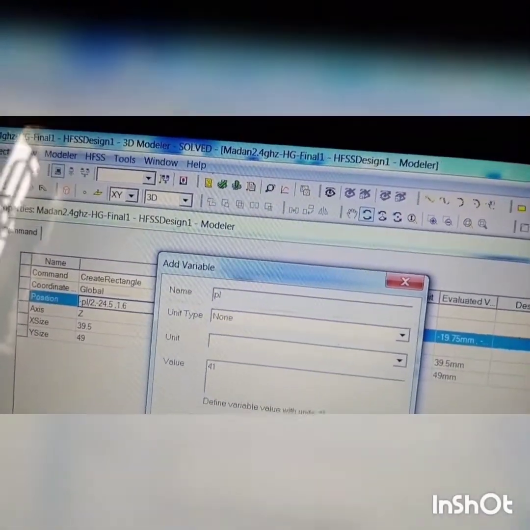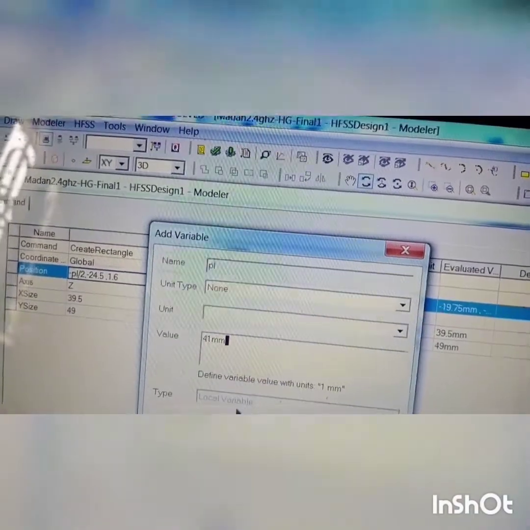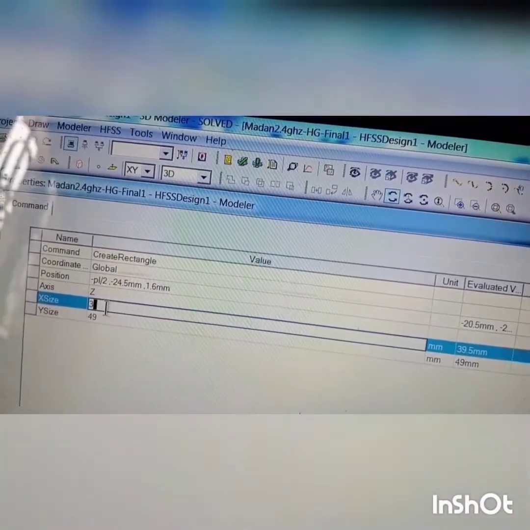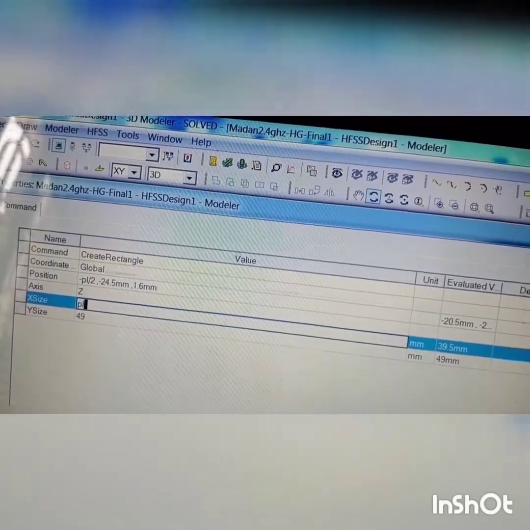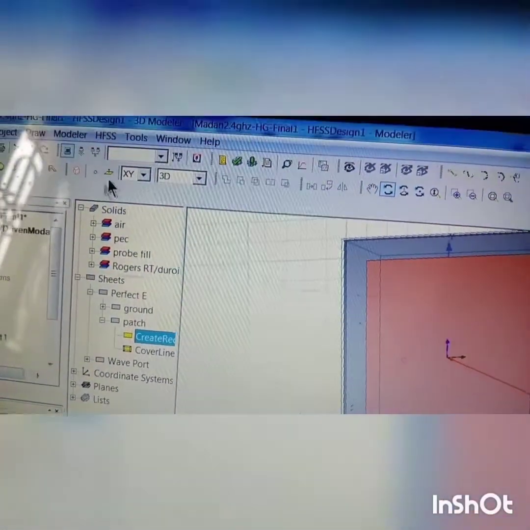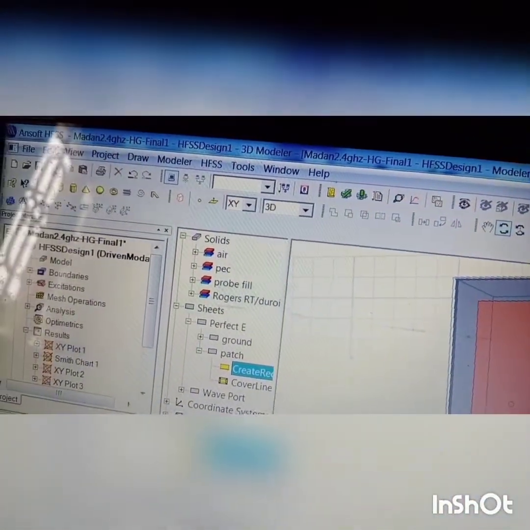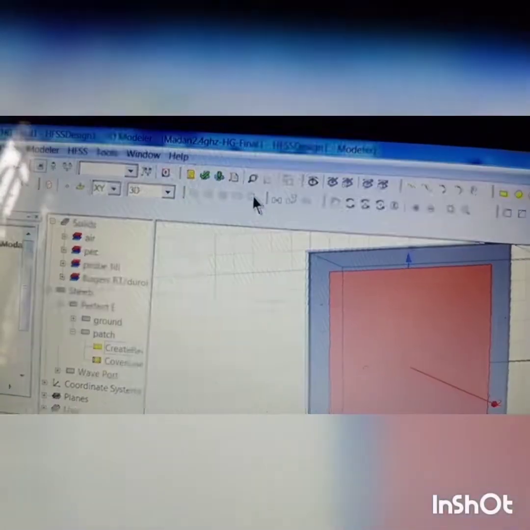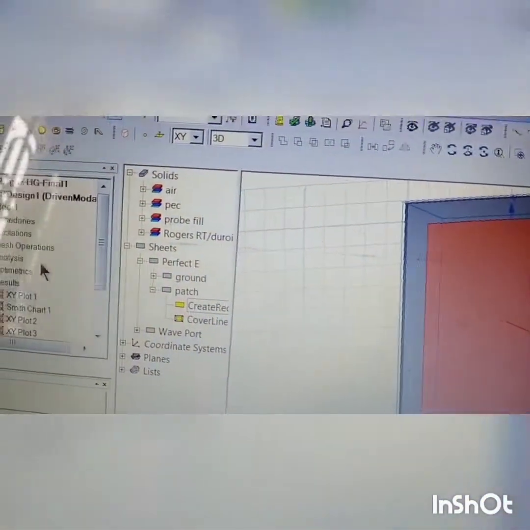Now I am varying 41 mm, as we know from the calculation. Here you just write PL, in the form of a variable. Now you use that Optimetrics of HFSS similar to what we did for probe position. Save it, and here you go, use that facility. If you go to validate, it is right, no change at all. I just modified a number into a variable.